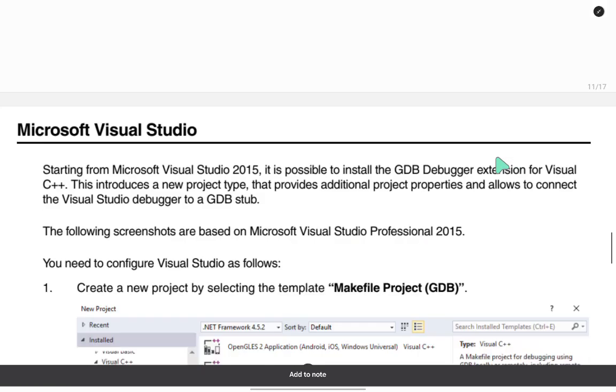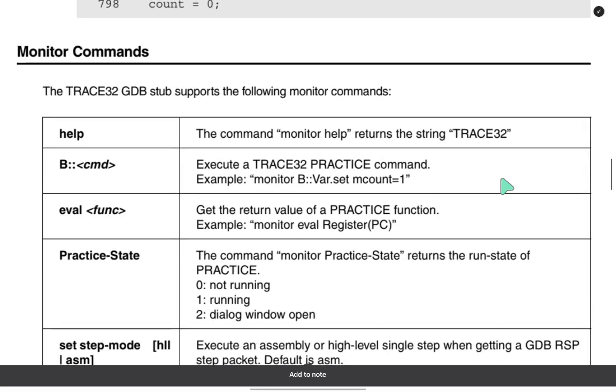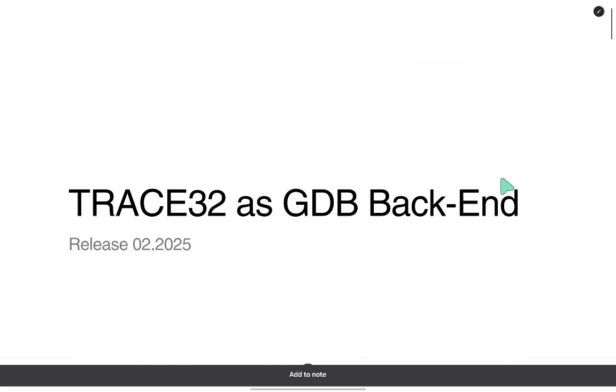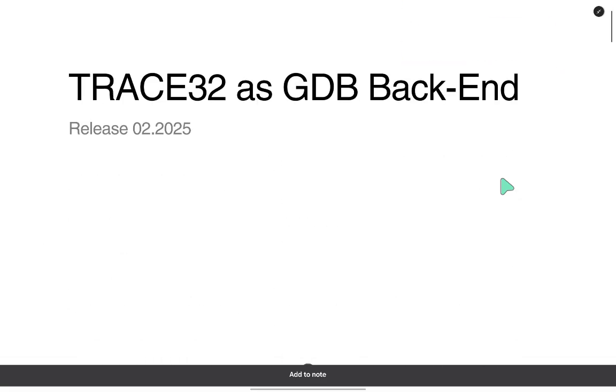Today I read this material, the TRACE32 GDB Back-End